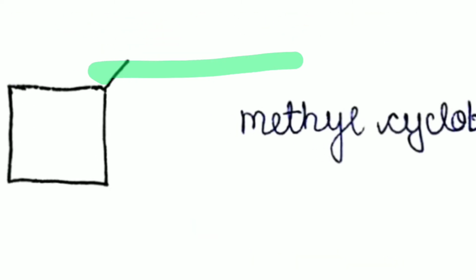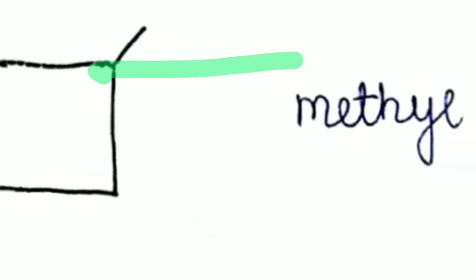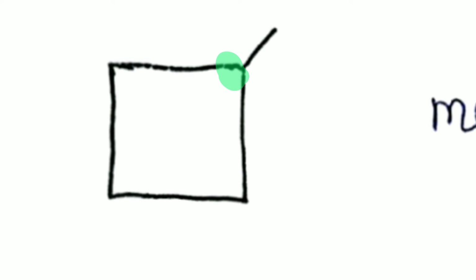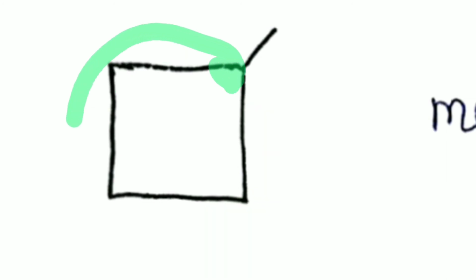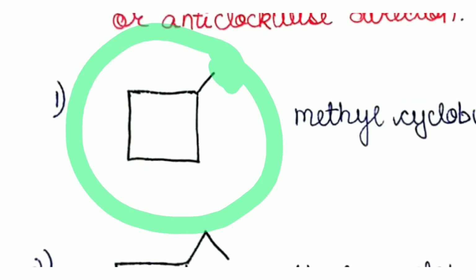direction. What we mean by this, guys, is that suppose you start your numbering from this carbon atom, because this is our substituent and this is going to get number 1 locant, and you start your numbering in a clockwise direction. So it can't be that midway you think, okay, let me go anti-clockwise and then number like this. This cannot be done, guys. If you go clockwise, then you have to complete your numbering in a clockwise direction. If you go anti-clockwise, then you have to complete your numbering in an anti-clockwise direction.